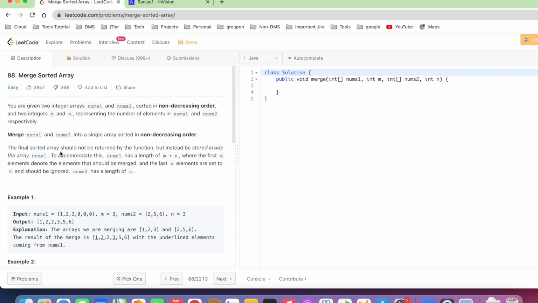The final sorted array should not be returned by the function, so we don't have to return anything from this function, but instead be stored inside the array nums1. So our result will be stored in nums1 only, and we don't have to return anything. To accommodate this, nums1 has a length m plus n, where first m elements denote the elements that should be